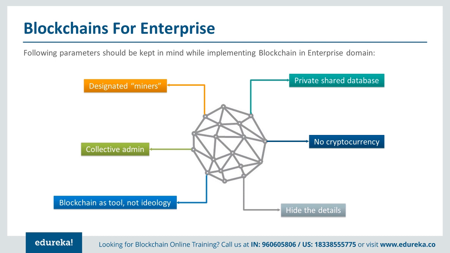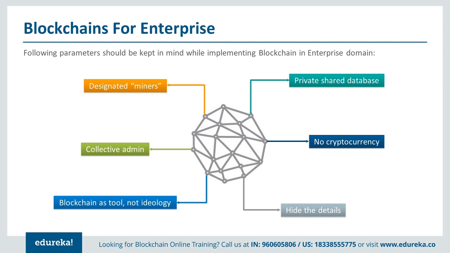It uses blockchain as a tool and not as an ideology. There are a lot of concepts that blockchain has, like consensus, which is not essentially followed in multi-chain. So it is using blockchain as a tool and not necessarily as an ideology, and it does not have any kind of cryptocurrency as well. But essentially, it is using all the features that Bitcoin uses, except for the features that it uses for cryptocurrency, like it will not have UTXO. But all other features, like how you transfer the message, how public and private keys are used, how the wallets are created, are similar to Bitcoin.